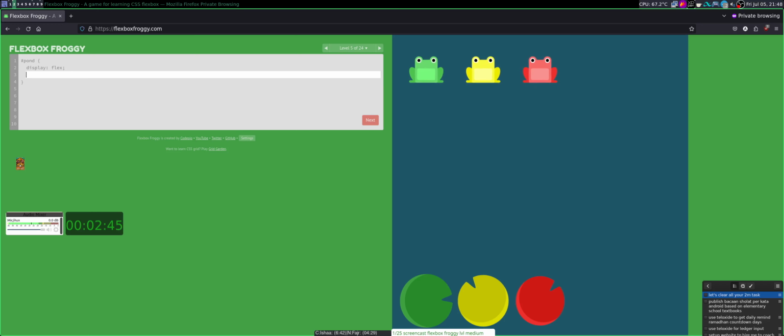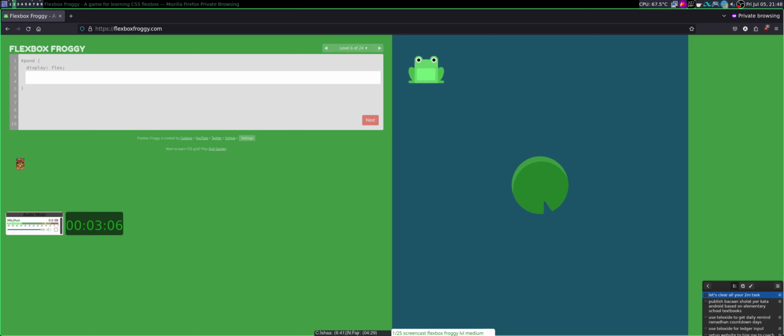Still using the row, but because I want to move vertically, I need to use align items, like flex-end. Okay, still easy on the early level.